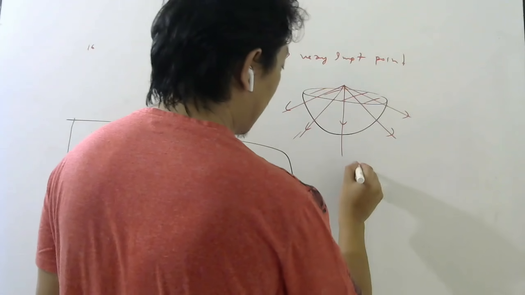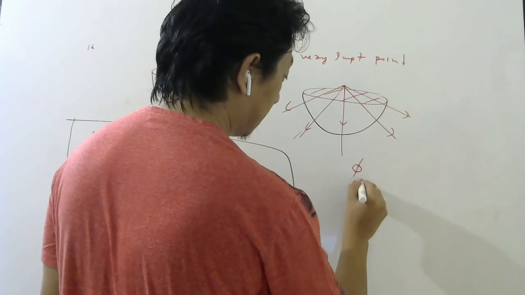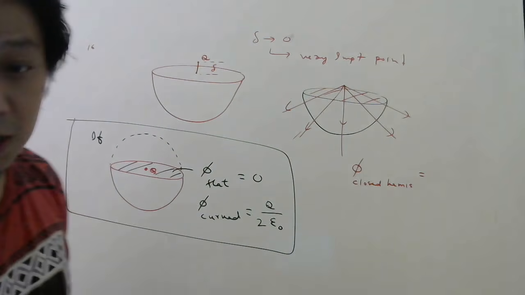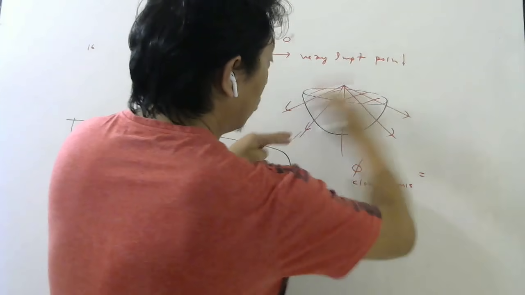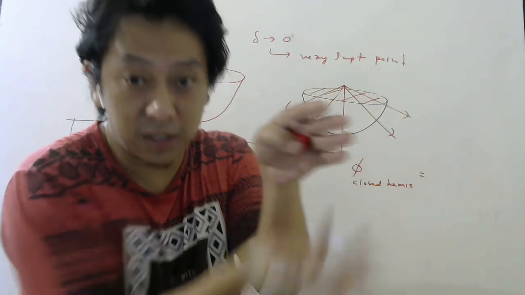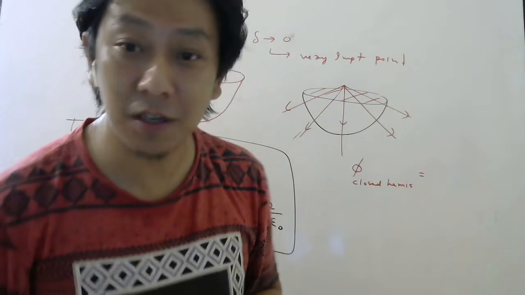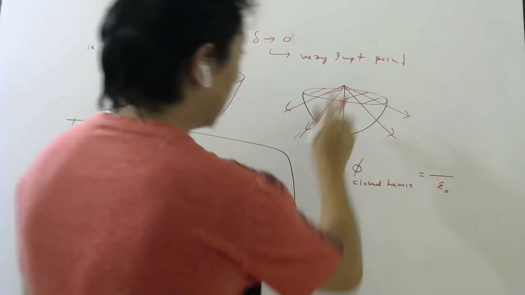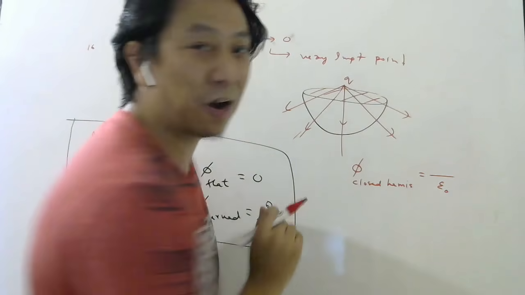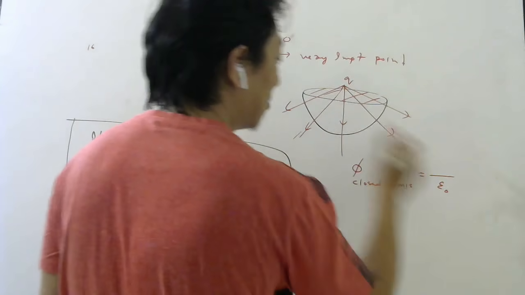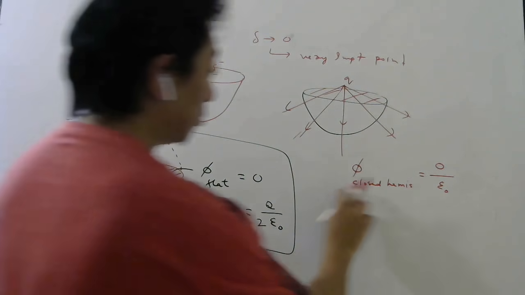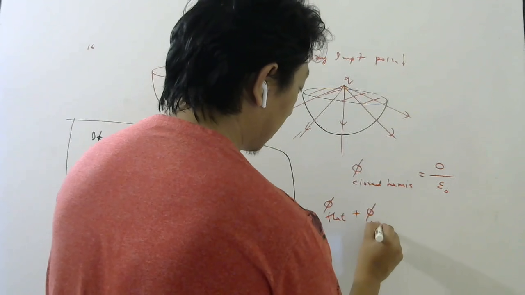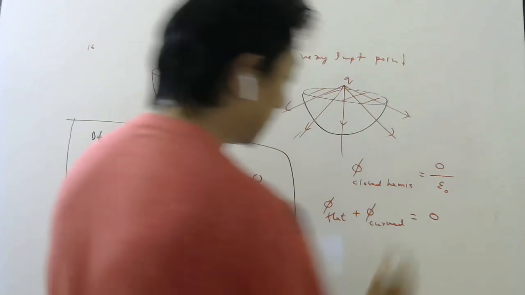So in this case, if I ask for the flux through the closed hemisphere, closed hemisphere means this. If I include the top surface, the curved surface together with the flat surface, I consider it a closed surface. So what will be there from your Gauss law? Charge inside divided by epsilon naught. But the charge is not inside; it is just outside, a little bit outside. So since it is still outside, this will be 0. Now, flux through the closed hemisphere, I can write as flux through the flat surface plus flux through the curved surface, equals 0.